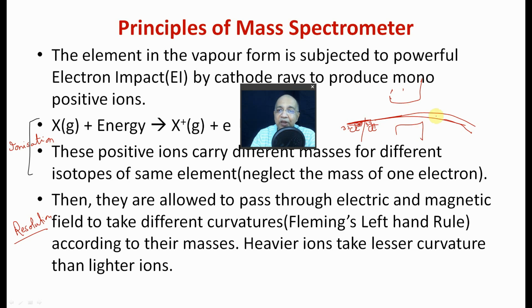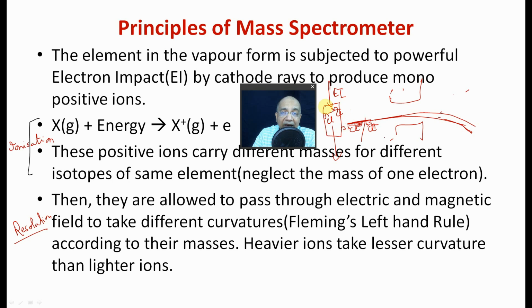Therefore, in the first chamber, we took chlorine containing both types of chlorine, thousands and hundreds of thousands of atoms in the ratio 3:1, and we make electron impact. This electron beam comes out along with one electron from each chlorine atom, making them monopositive ions. Now they are attracted by a magnetic field, first an electric field, then a magnetic field, where separation becomes more and more pronounced, and when they emerge out of the magnetic field, they produce different streams.